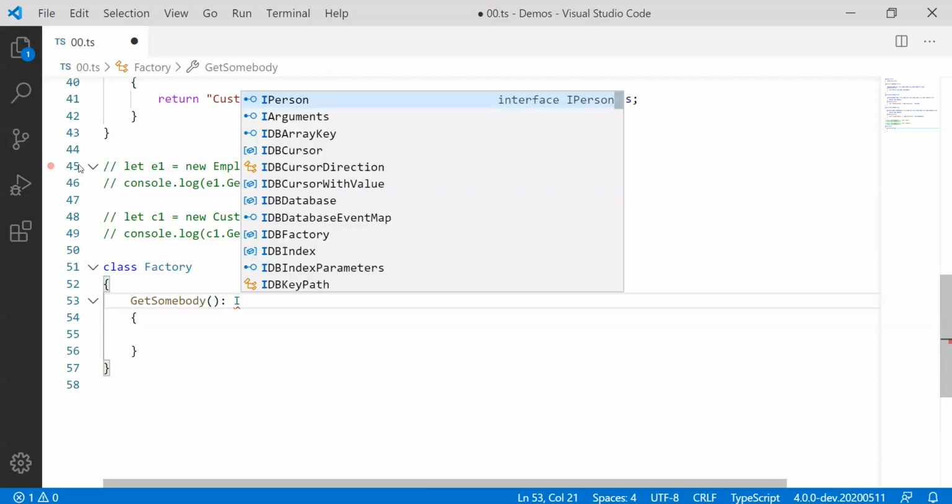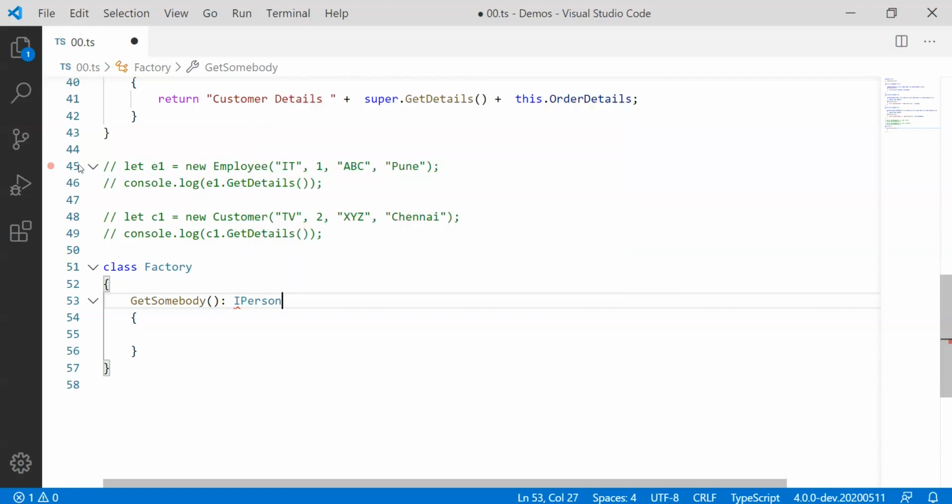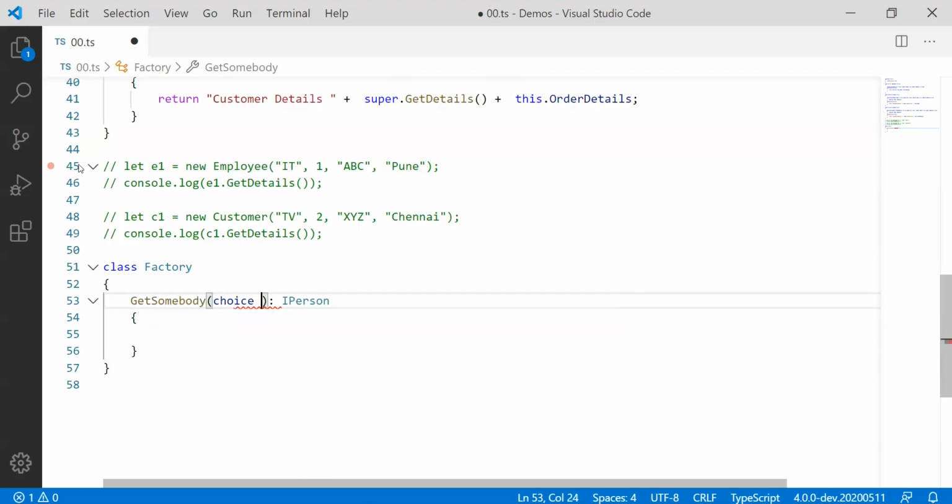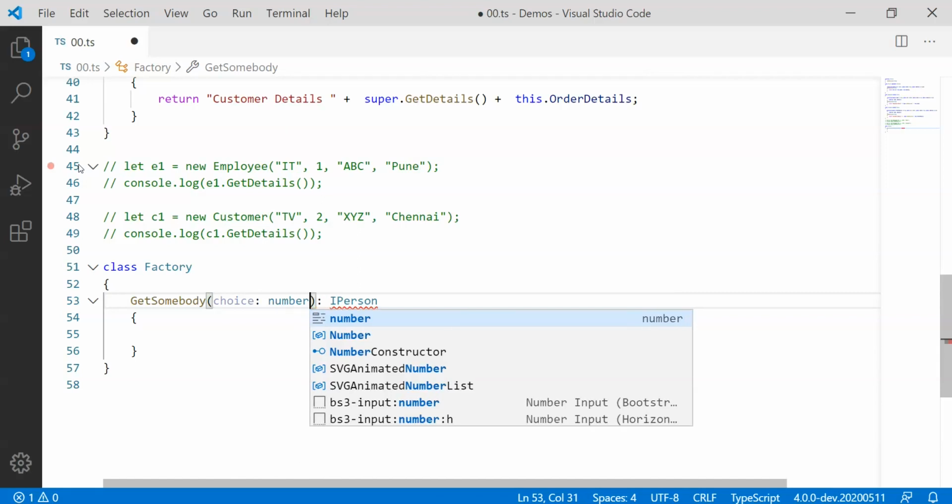Instead of that, I have an intention of allowing the person to call only getDetails, instead of defining or assigning members again. So I'll return an iPerson kind of implementation from here. Based on some parameter, let's have a parameter like choice, which is going to be of type number.